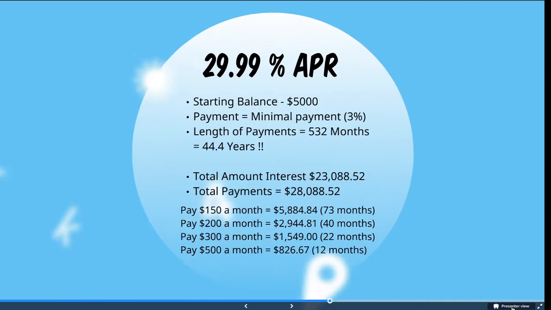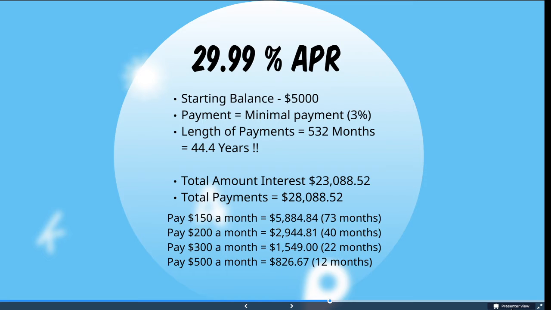So we'll start with someone with a 29.99% APR, and this is a type of APR you may see with a store credit card. They may give you a good interest rate to start, but then you end up with a 29.99%, which is basically a 30% APR. So, as I said, each scenario will have a $5,000 starting balance, and